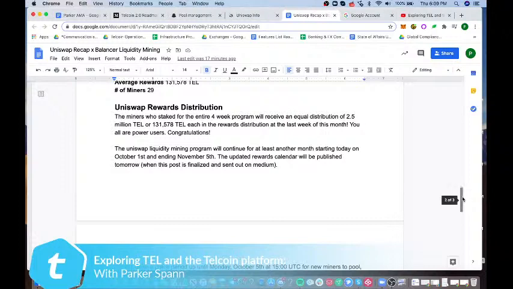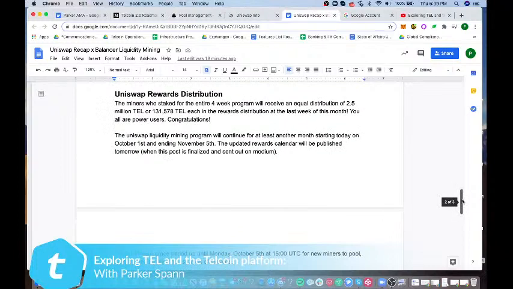And that's exciting because at the end of the day, ideally we want to create the best possible user experience for Telcoin's actual users who are sending money across the world. And the more liquidity that is in these pools, the less costly it is for the end user. So all of you who participate in this, and who will continue to do that, are really providing a valuable service to TEL and to the potential user base.